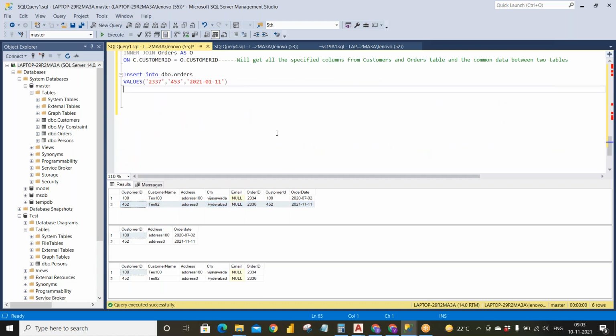Let's go with the left join. Left join and right join are similar, we can say. It all depends on which table we give first.